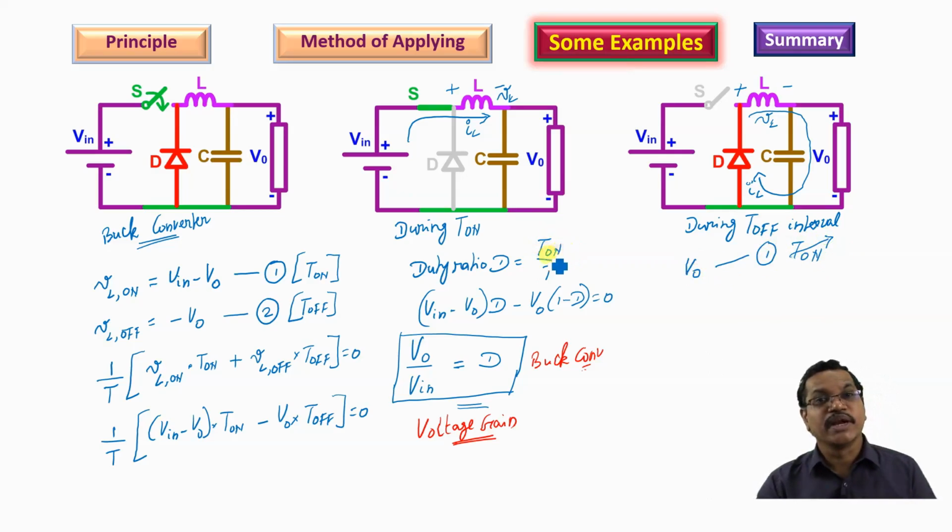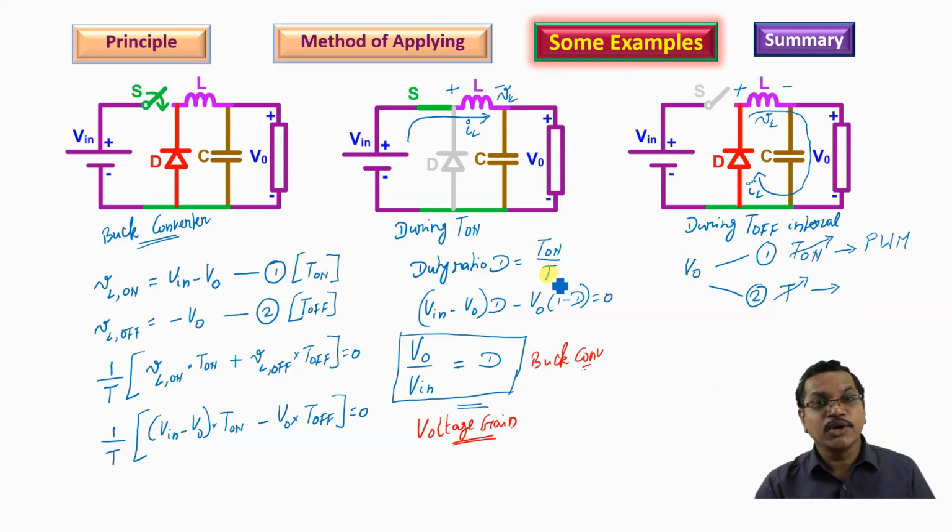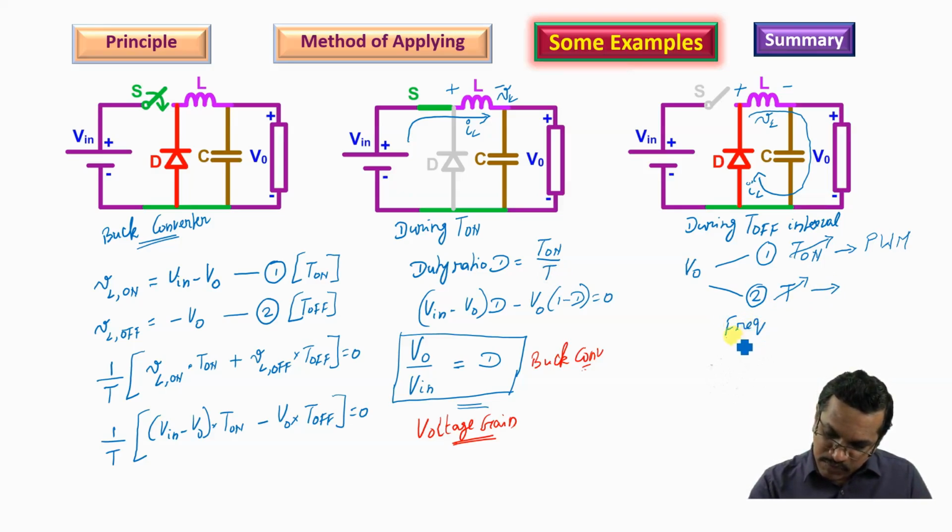We vary this numerator, which is variable on time, which implicitly means that the time period is going to be fixed, or frequency is going to be fixed. Therefore, only the pulse width is going to be varied. Therefore, this method is the pulse width modulation, PWM technique. The other method is to fix the numerator and vary the time period, which means frequency is going to be varied. Therefore, that is going to give us frequency modulation. I have just indicated capital T to be varied. That implicitly means that frequency is varied. Therefore, this means frequency modulation.